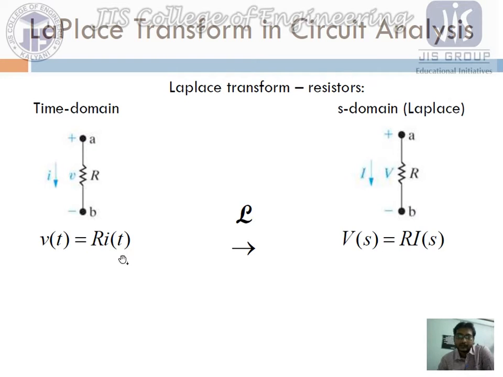So simply, as per Ohm's law, we can write V. Normally we know that V is equal to IR. Similarly, in time domain we can write that V of t is equal to R I of t, which means both V of t and I of t are in time domain, right? Similarly, in case of Laplace transformation, or in case of S domain, our V of t, that is the function in time domain, has been converted to V of